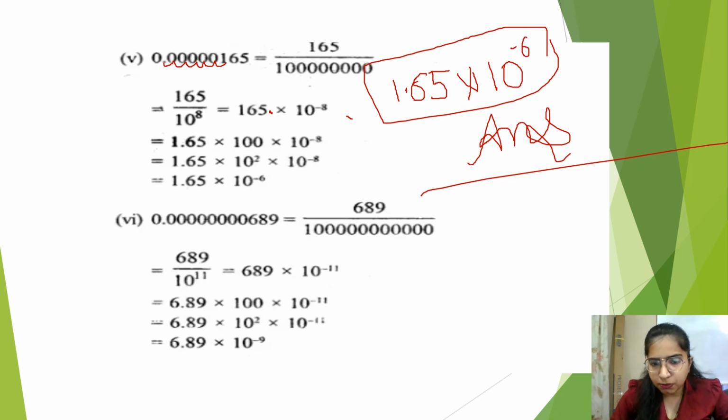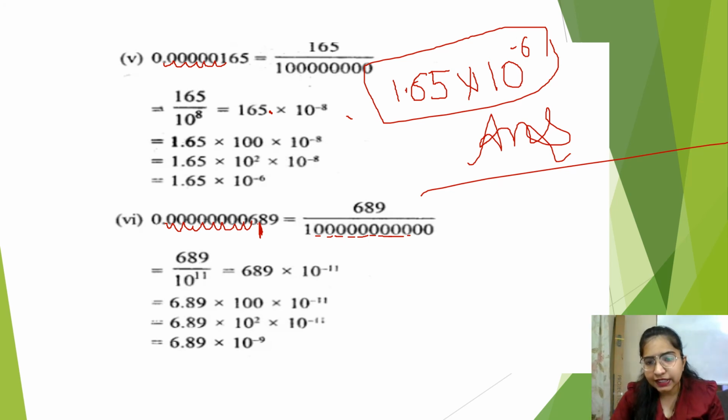Again, I'm explaining you question number 6. Okay, this is a little bit different. That's why I'm explaining the last sums only. 0.0000689. I want to shift the point after 6 only. Here, see, I'm placing the mark over here with red color, right? So I want to shift here. Just shift the point. Let's count: 1, 2, 3, 4, 5, 6, 7, 8, 9. 9 digits are here. So what you will do? 689 upon 9 zeros you will place. 1, 2, 3, 4, 5, 6, 7, 8, 9. 9 digits you have to place.